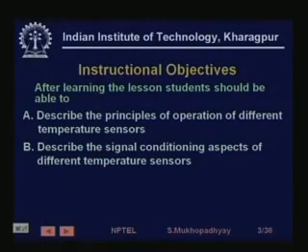He or she will be able to describe the various signal conditioning aspects, as we have already discussed that measurement involves transformation from one variable to another till the measurand or the variable of interest comes into an electrical form, so that it can be used very easily. So, for that you need signal conditioning and processing, and they are specific to the kind of sensors that are used. So, the student will be able to describe the signal conditioning aspects,